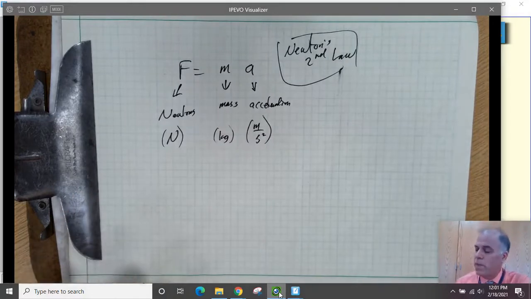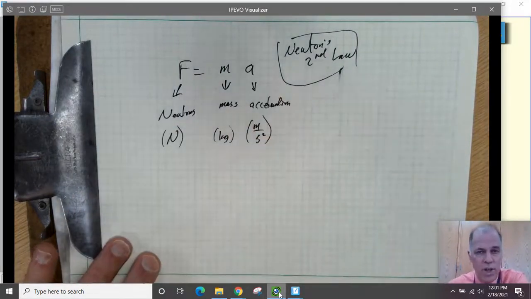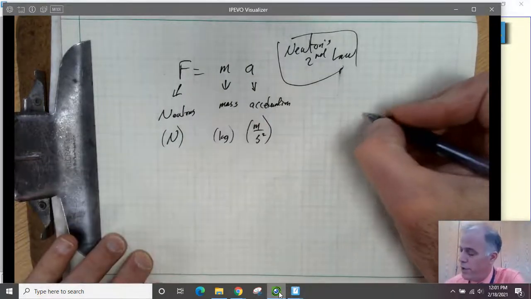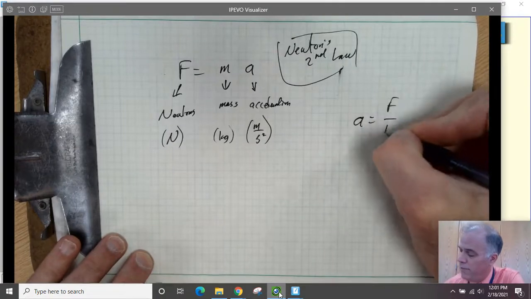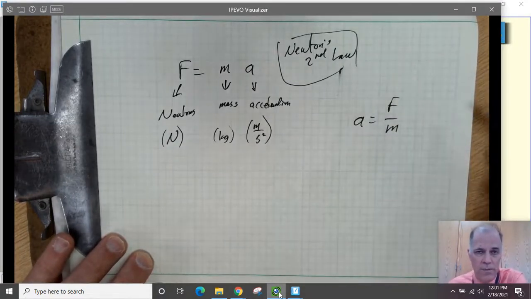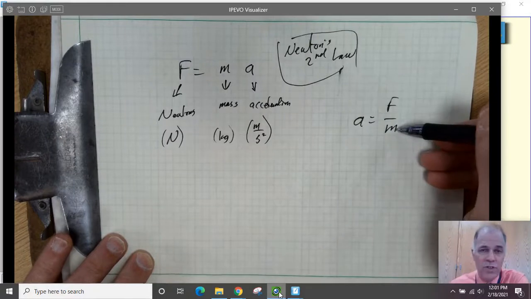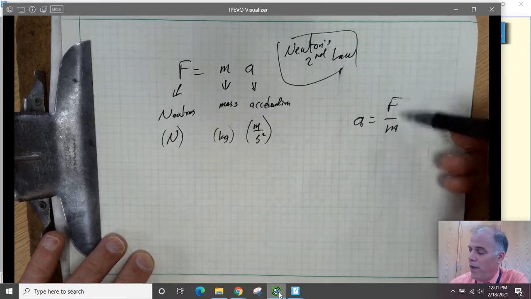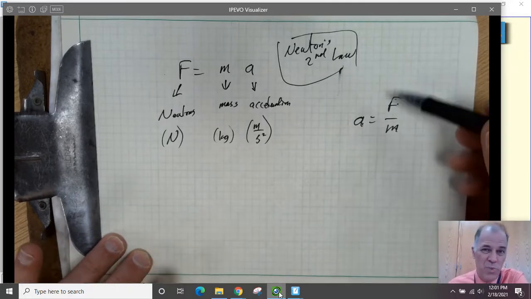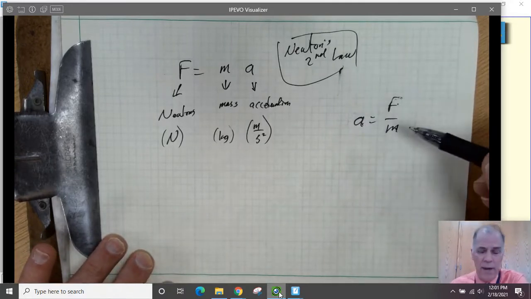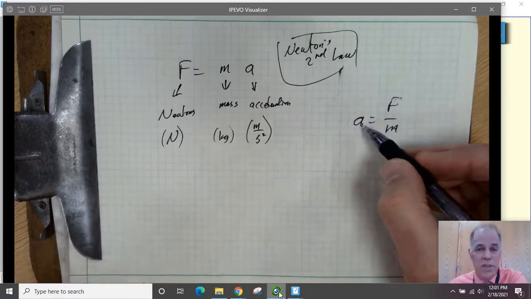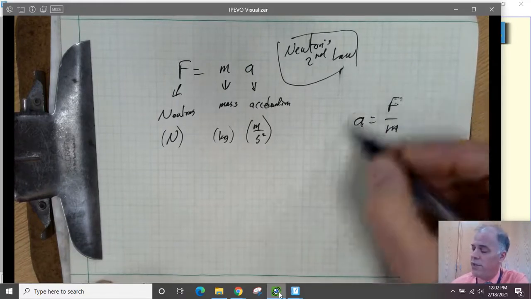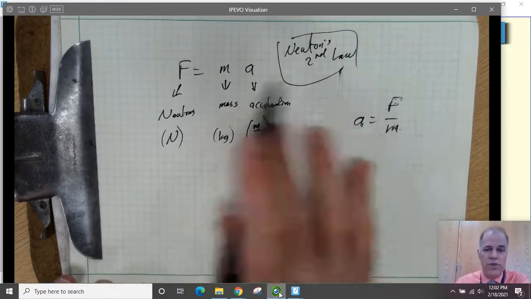Okay? This is the way it usually shows up in books and on worksheets, but a more sensible, intuitive way to write it is the way we saw it originally, which is A is equal to F divided by M. And the units are all the same. But what it says is if you have a mass and you apply a force to it, you're going to get an acceleration. These are what you put into an experiment. This is what you test, and some acceleration is going to come out of it. So acceleration is the dependent variable. It depends on the value of these other two. A lot of students find this to be more intuitive, but it amounts to the same thing.